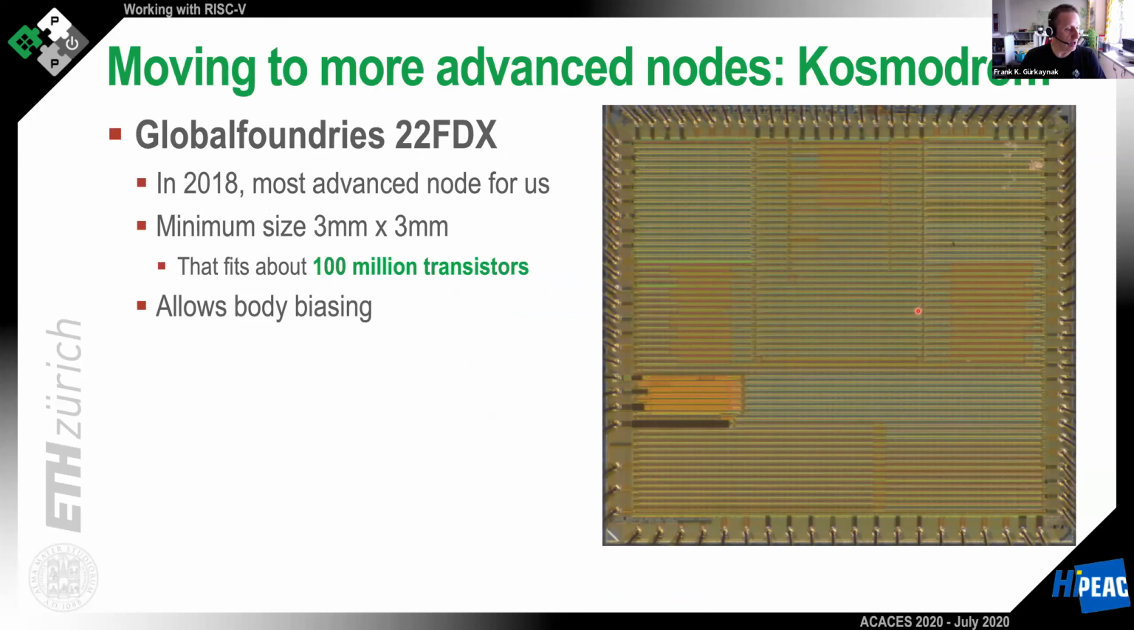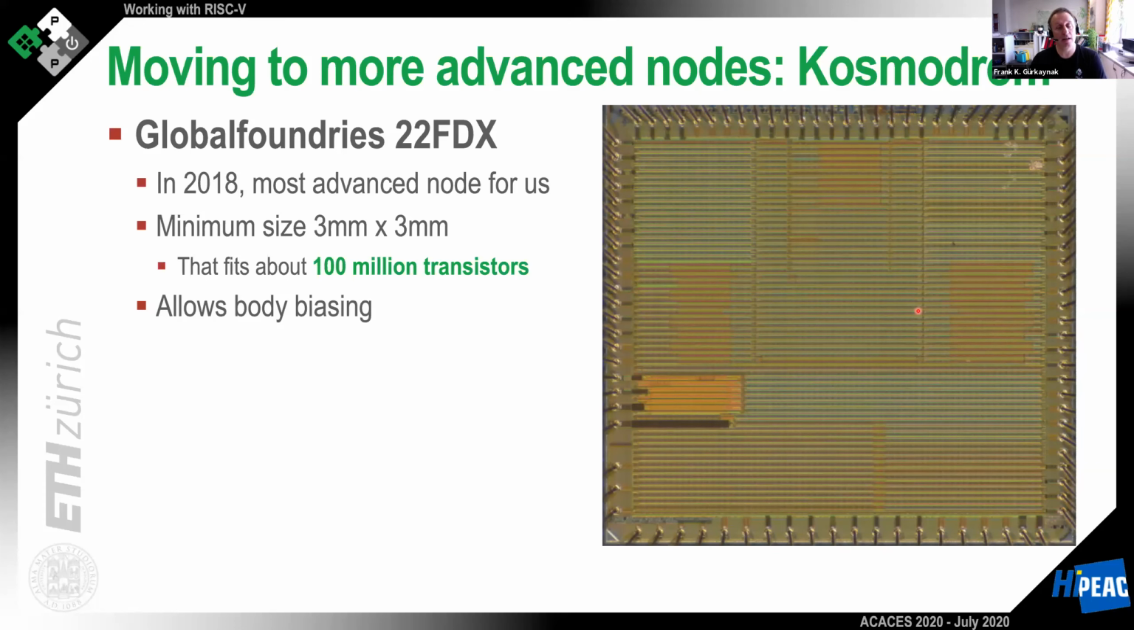So I am moving now to more advanced nodes. I want to talk about one particular chip, the Cosmodrome. This was manufactured in GlobalFoundries 22FDX. In 2018, when we started working on it, it was the most advanced node available for us or for any university outside of universities that have direct collaborations with companies. The minimum size for manufacturing in this technology, MPW-wise, is 3 millimeters by 3 millimeters. And if you do the math, that thing fits about 100 million transistors. It's a big thing. I mean, the designs that go in there to take advantage of it also need to